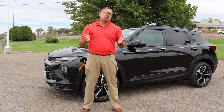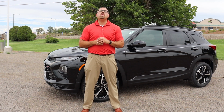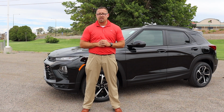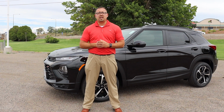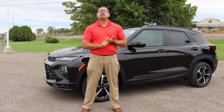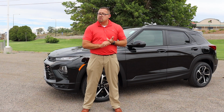Now, those are the 3 models available. But the really cool thing is that all models include, as a standard feature, a total of 10 airbags for safety, as well as a couple other things that are standard, such as lane departure warning, front forward collision alert, also front pedestrian braking,